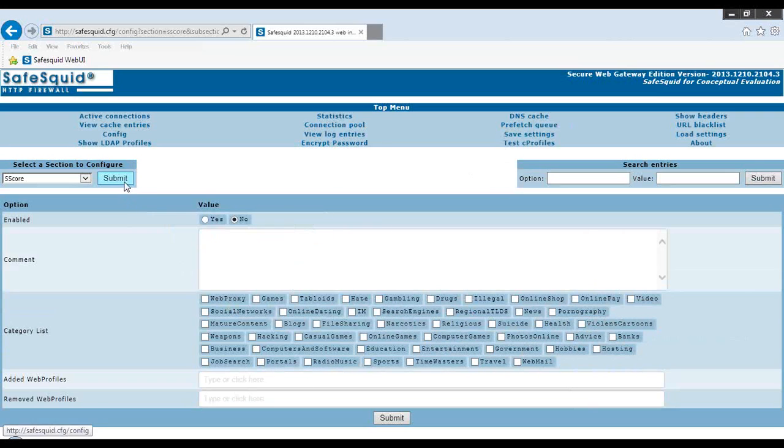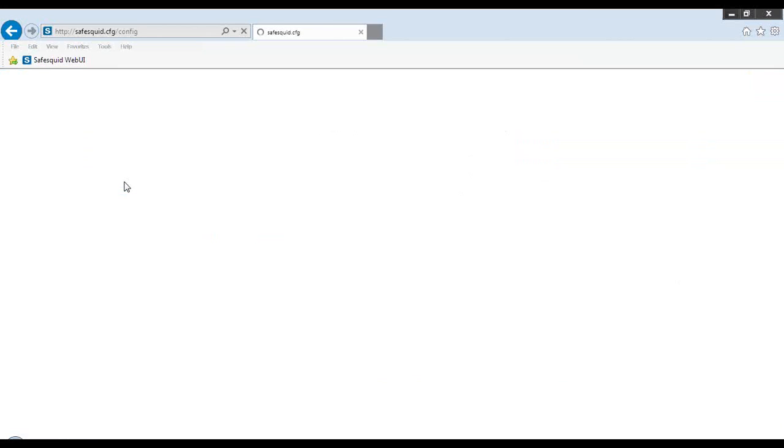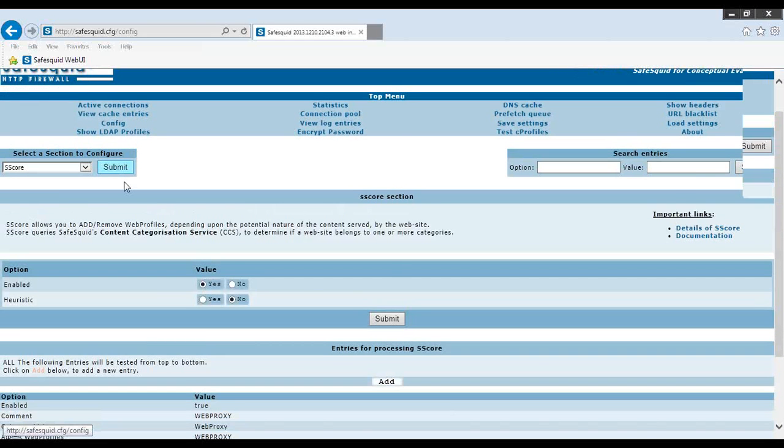Now here in my sample rule, I have just created one policy which says if a website belongs to the web proxy category, I want to profile it as web profile web proxy. Then in my profile section, I will use the web profile as an option and create some policy for it.